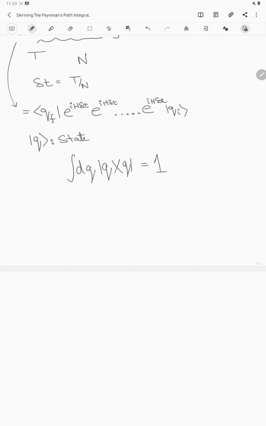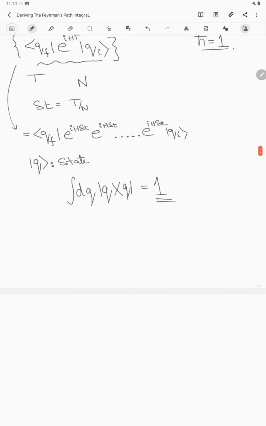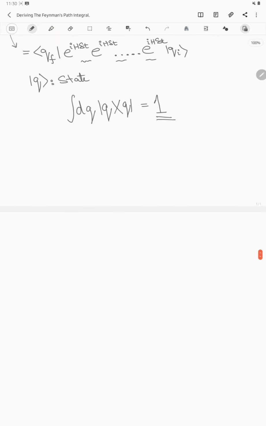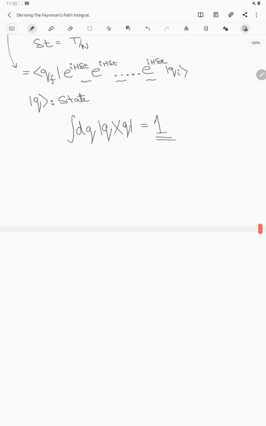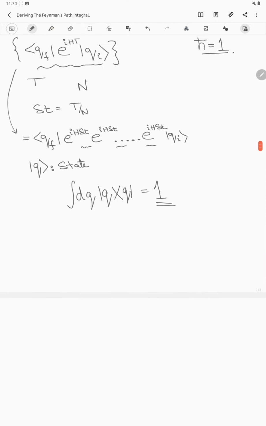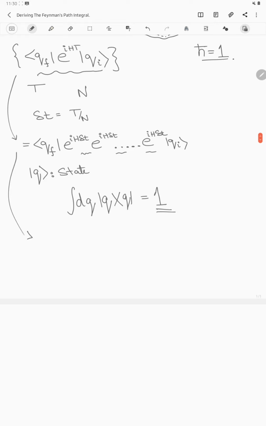So that's what you call a completeness relation in quantum mechanics. Now, because this is just equal to 1, I can use this and insert this 1 between each of these factors of exponentials, right? So if I do so, I can write down this whole thing